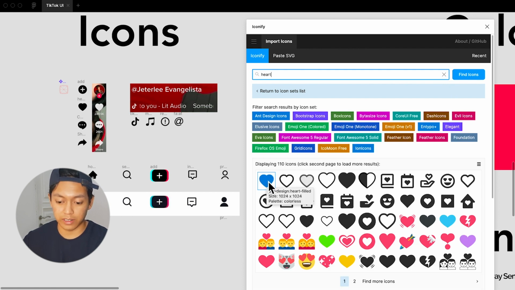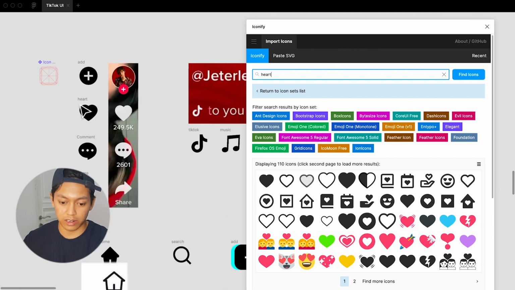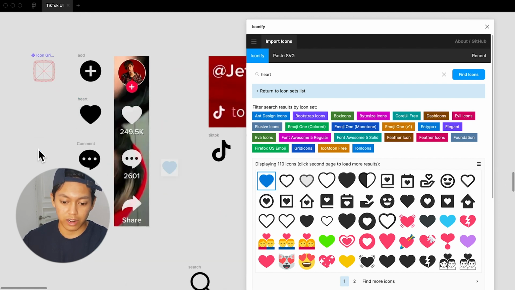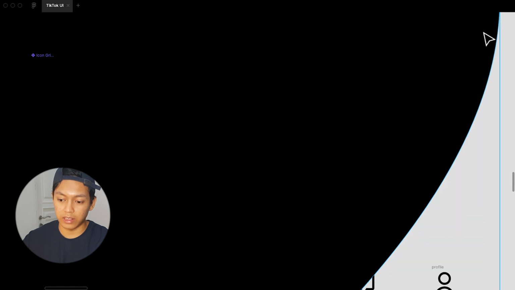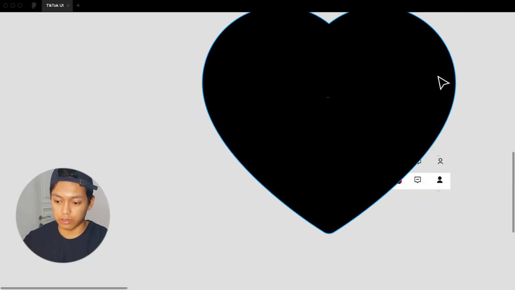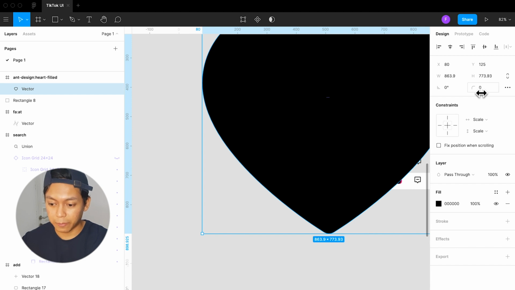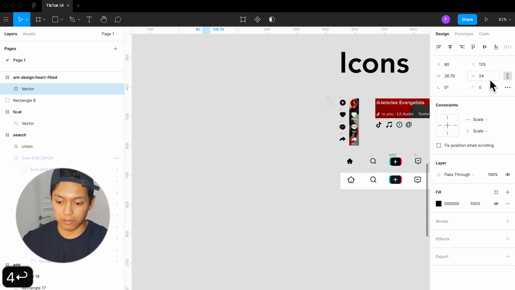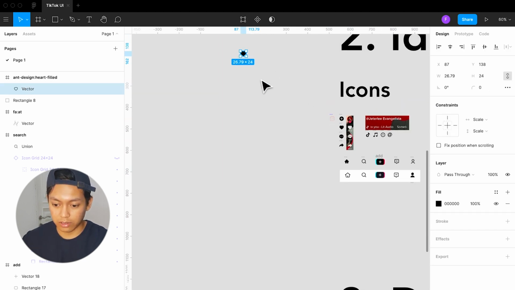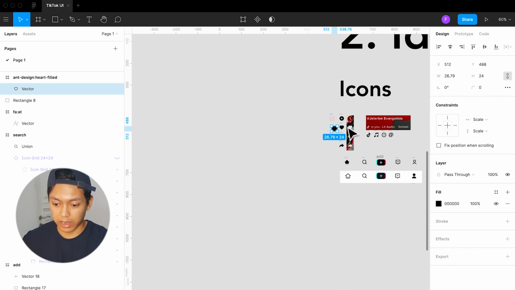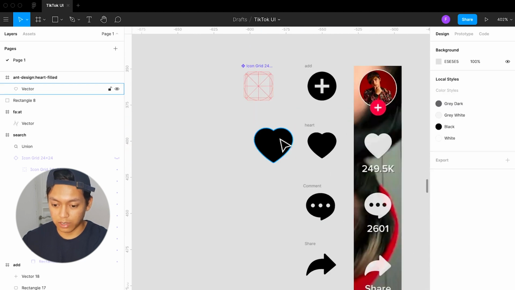from this Figma plugin, and then as you can see, it's already here in my design system. You just drag it in. You may need to resize it. This one, for example, is just way too big. So if I bring up the Figma interface, you click Command Dash, and here you can resize the icon. So I like to keep everything at 24 pixels. And as you can see, we already have ours, so there really is no need to,